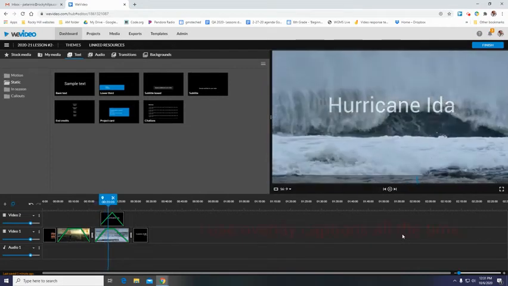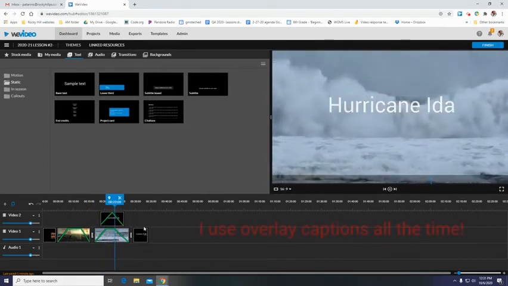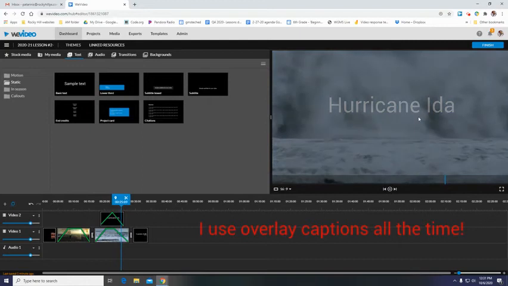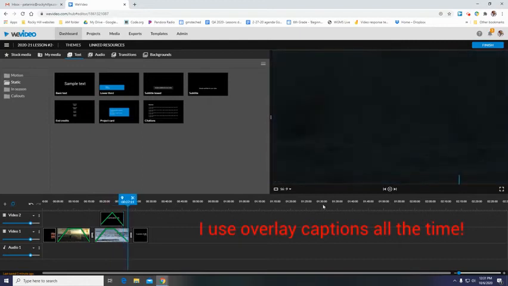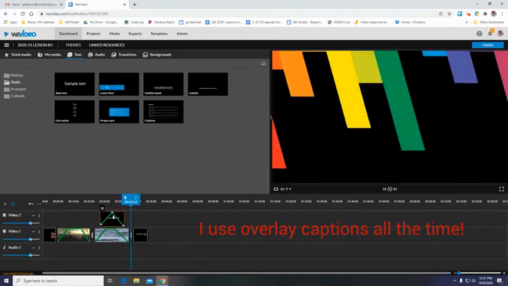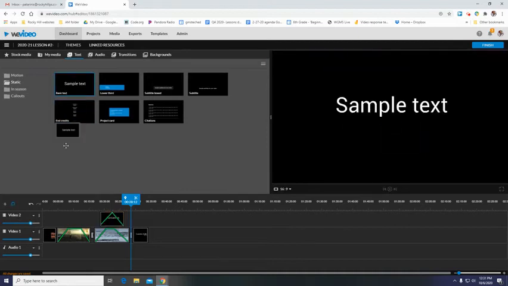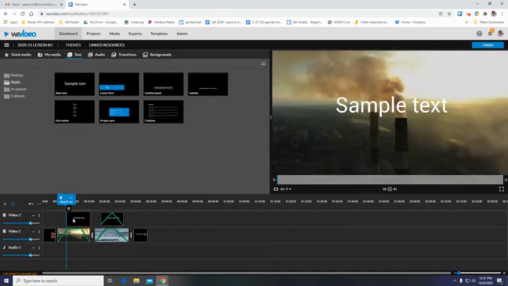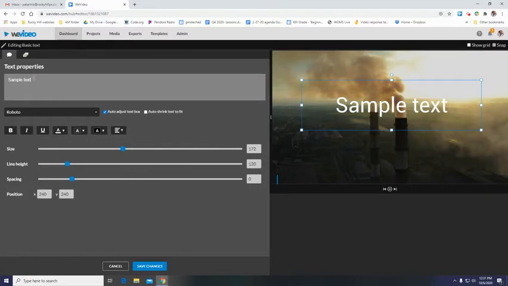Sometimes we call this an overlay caption because it's over the video. It's like on top of it or in front of it. And also, if you look at your timeline over here, it is over. It's on the line over here, video 2. Video 1 is where most of our stuff goes. Video 2 is where our captions will go. So I can do the same thing over here. I can say something like,